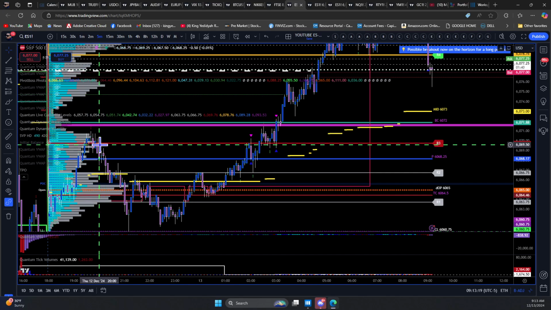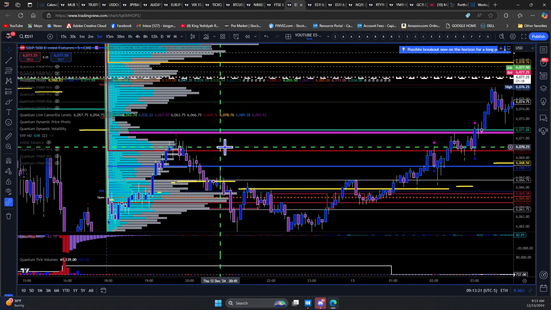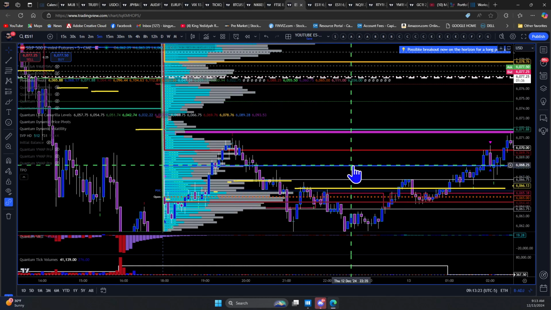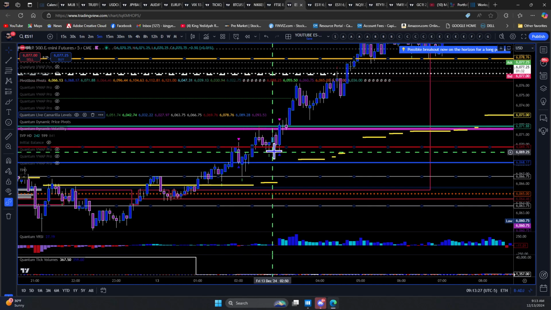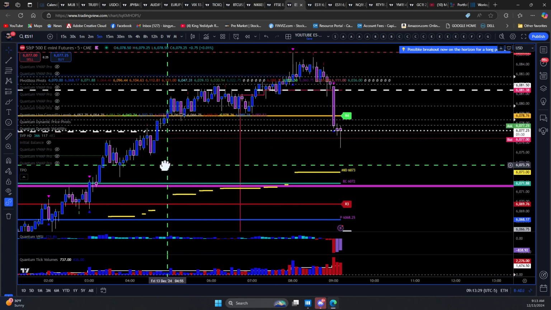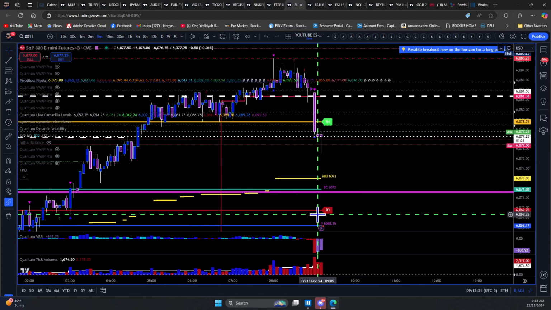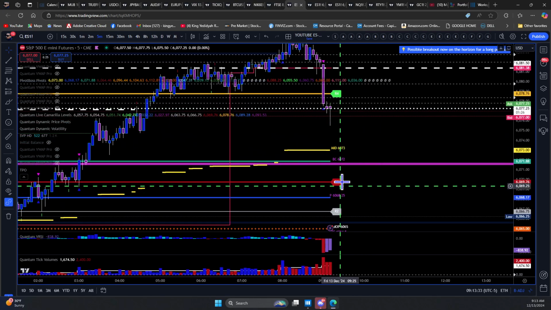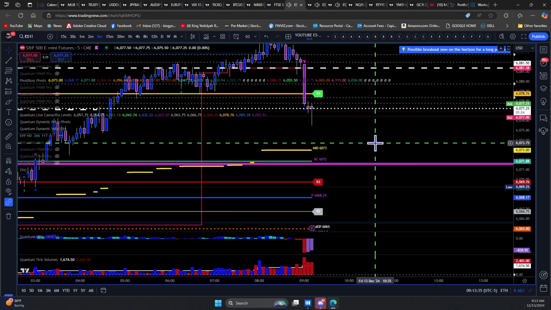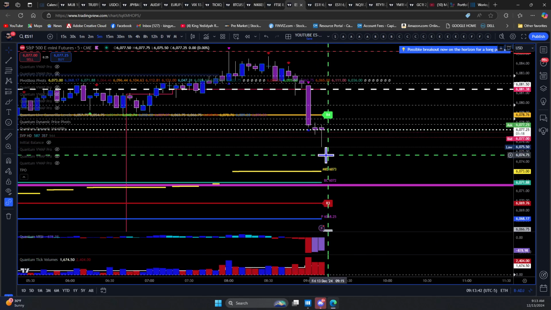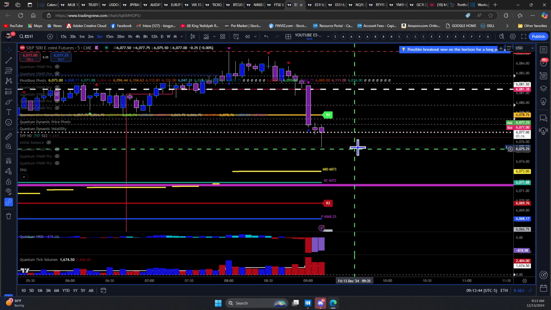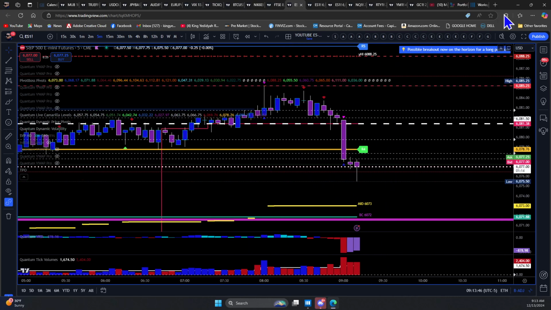Right. So initially you see at the ETH open, we had sellers at this level, pushed us back down. Came back, retested it, auction, push above it. We could be coming back down to this area right here if we're looking for buyers, right? We already see a little bit of buying coming in here. We have heavy volume, some buying wicks, so let's see how that goes.